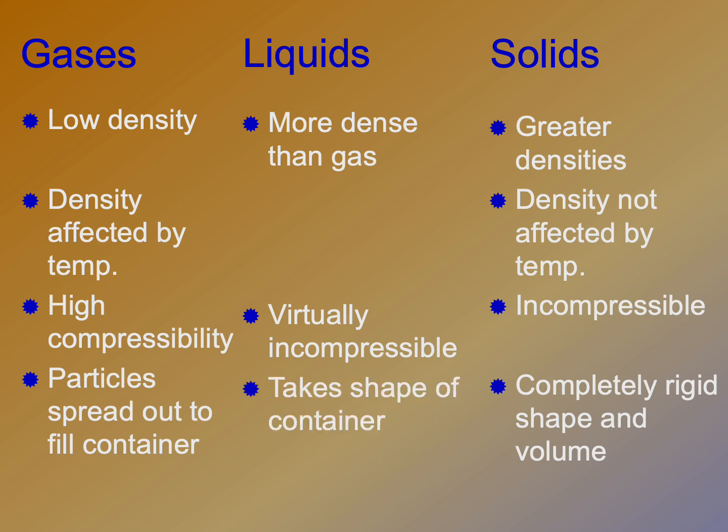And with liquids, they take the shape of their container. So if it's in a can, it will have that cylindrical shape. If you spill it on the floor, it will have the shape of a puddle. But these do have a definite volume. So like if I have a can of soda that is 12 ounces, if I pour it in a cup, it is still 12 ounces. The shape can change, but the volume stays the same.